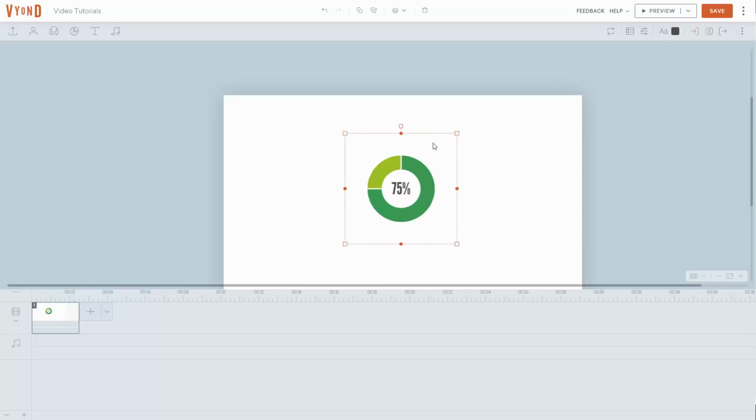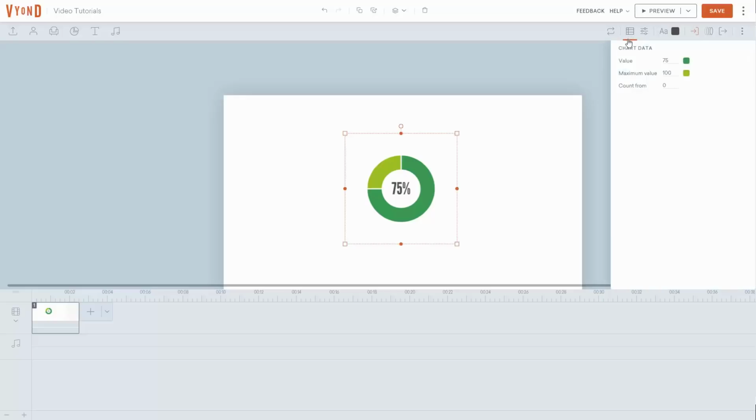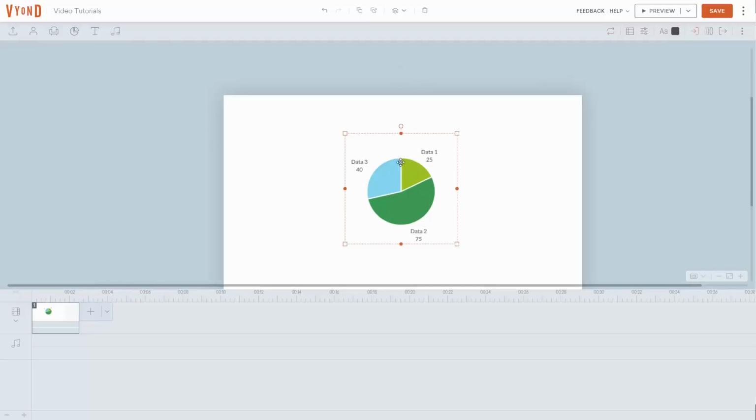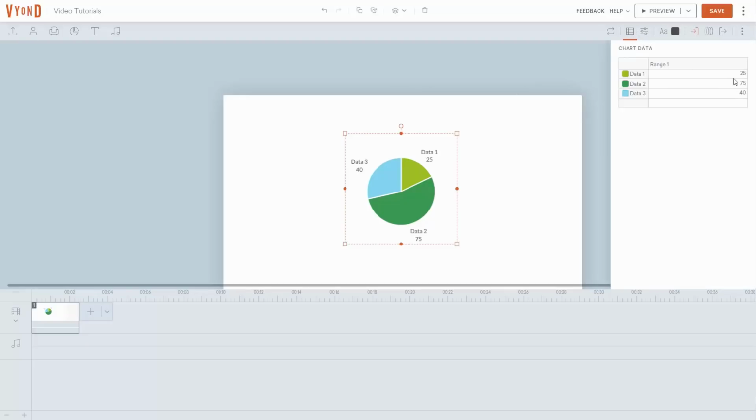Now the most important element is going to be the data, obviously. And so what you're going to do is click on Chart Data. And then you're going to write in the information as you want it to be seen. And you can see that here. We can use a different chart. Exit the swap mode, click on top of the element, then go back to the chart data, and you'll see here that we have a different range that we can place in. We can customize the data, and you'll see your content, and you'll be able to change the content inside of the chart by changing the